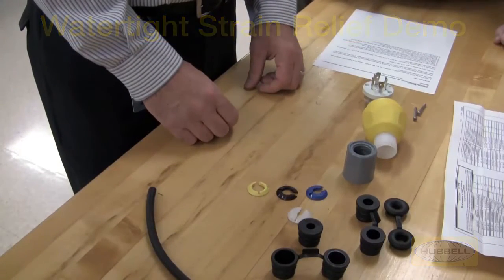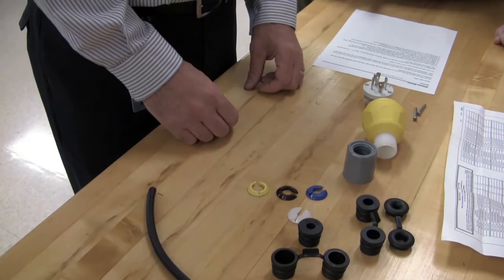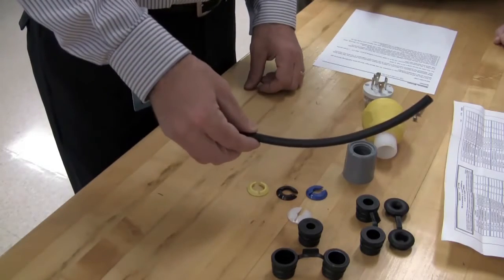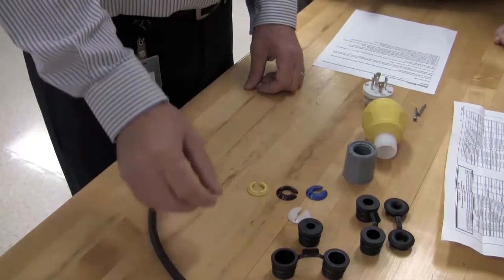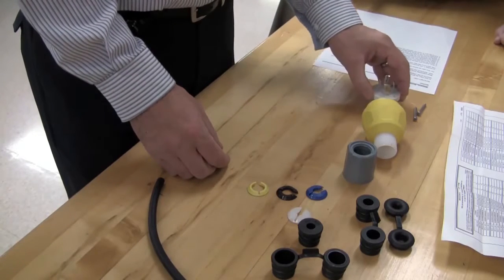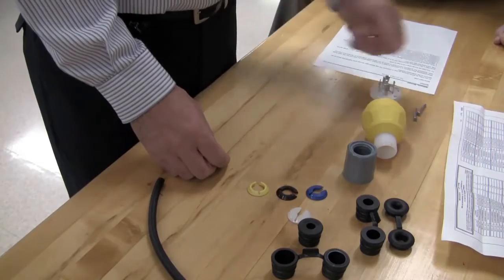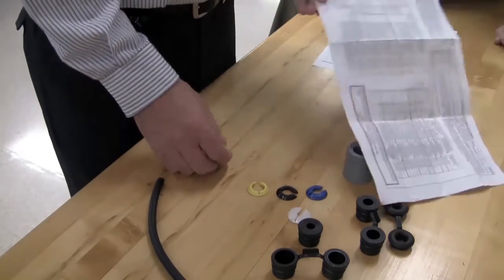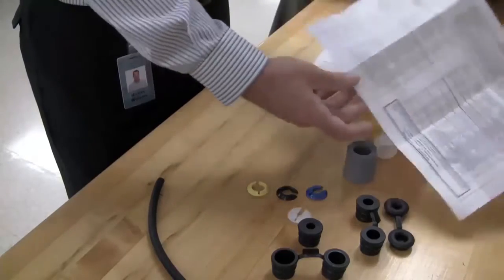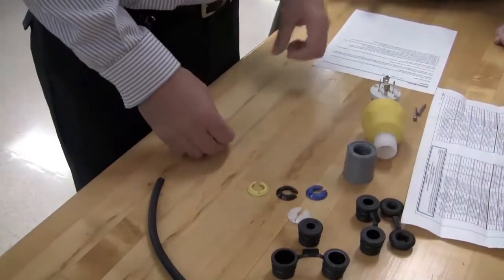Today we're going to be demonstrating the strain relief system on the new Hubbell Watertight plugs and connectors. Today we're going to be using a jacketed cable in conjunction with a 20 amp plug. The first step is to refer to the instruction sheet and identify the cable diameter and how it relates to